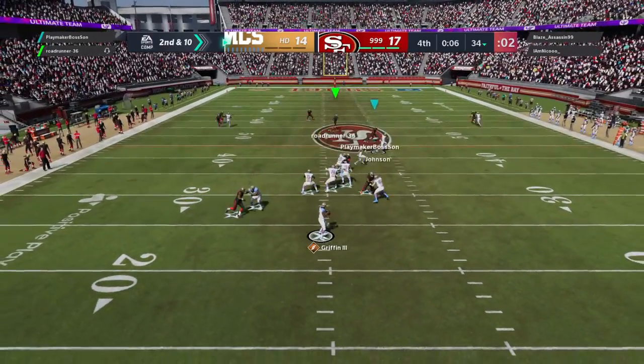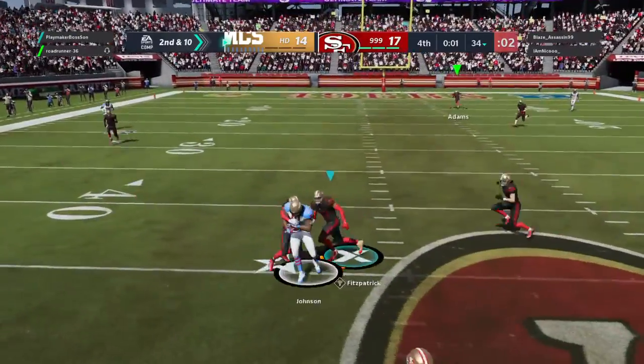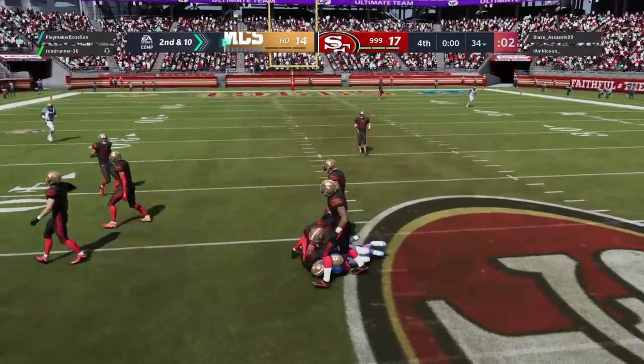33. He's back to throw. Flushed out right. Johnson with a completion over the middle. And they're going to have this